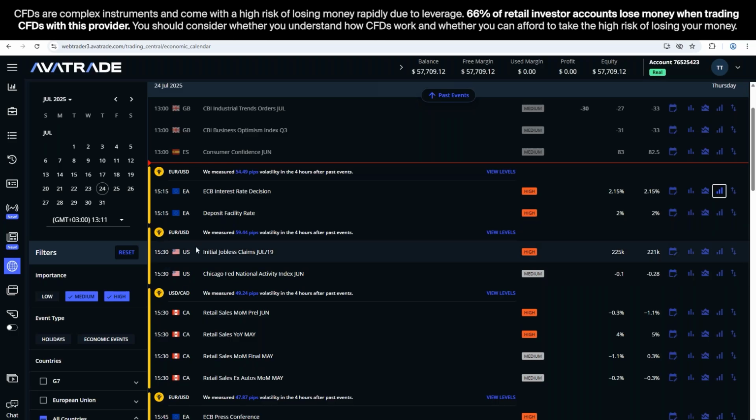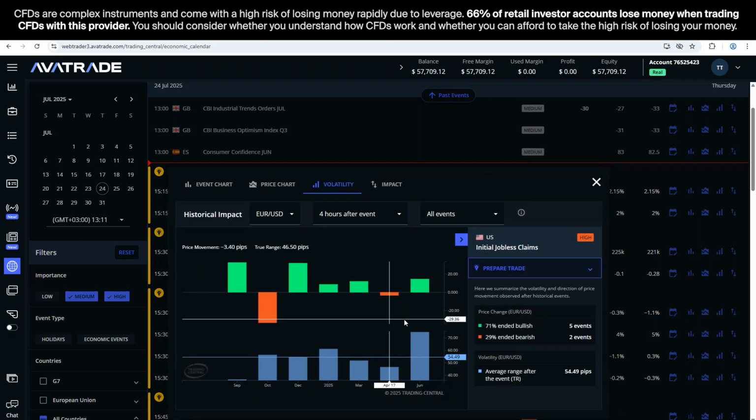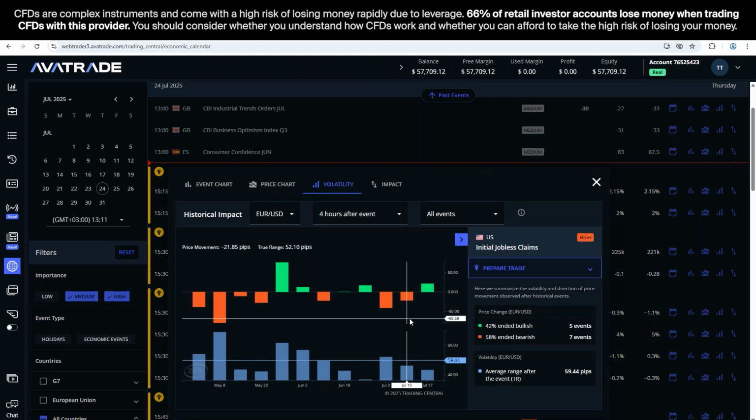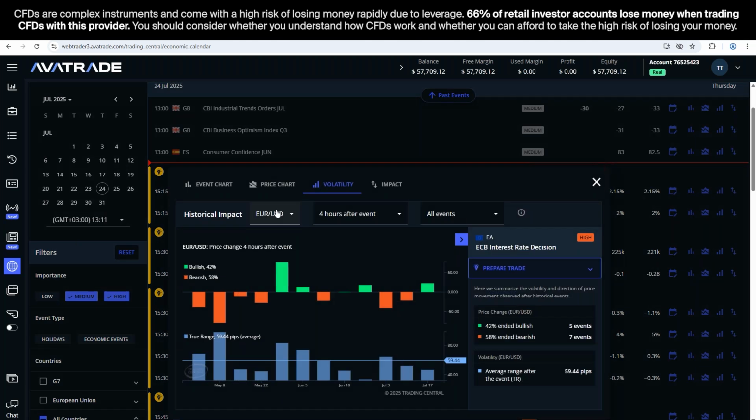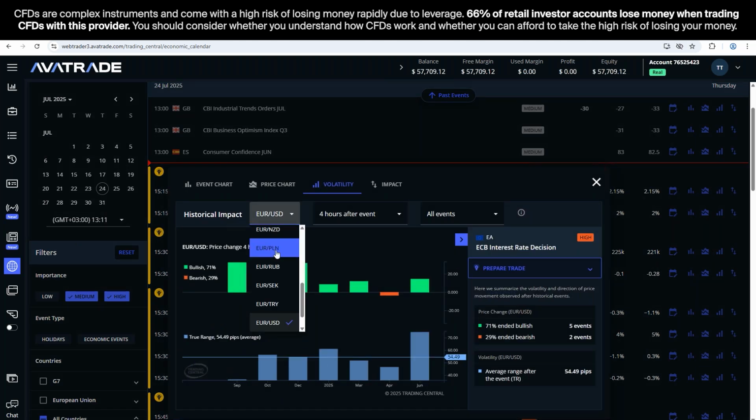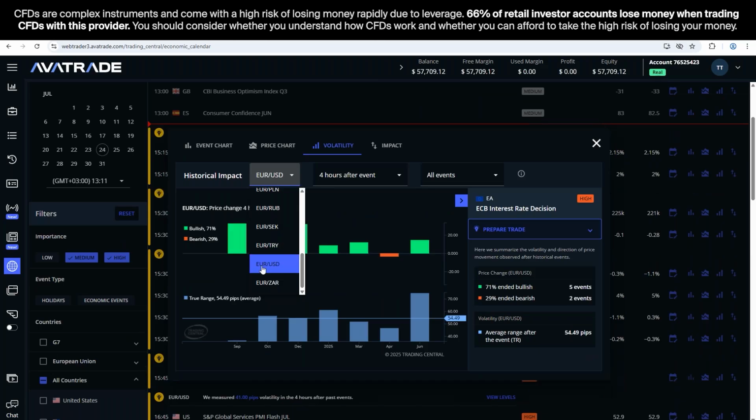Then 15 minutes after that, there's another announcement, U.S. initial jobless claims. Okay, does this also lend predictability? Okay, Euro USD, I could use a different pairing. And by the way, since there's a US announcement right after this one, maybe it's smarter to trade instead of on Euro USD. Maybe you're trading Euro GBP or Euro JPY because the US announcement might mess up this movement on Euro USD. Okay, so you might factor out the US dollar since there's a US announcement right after and